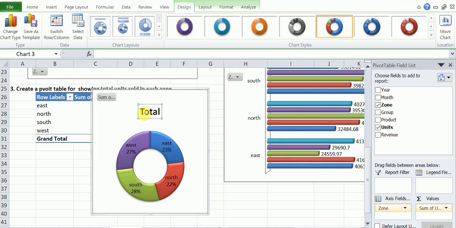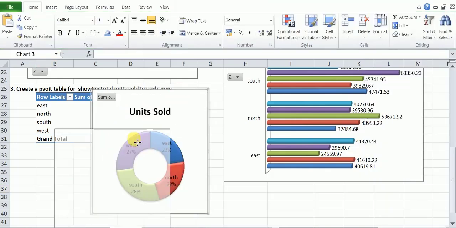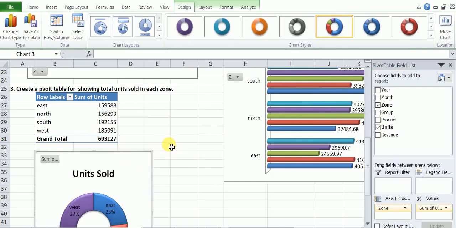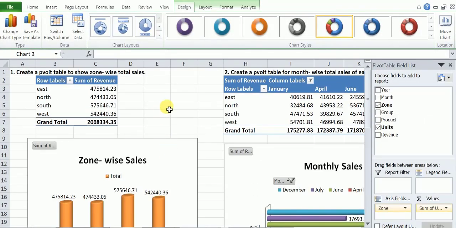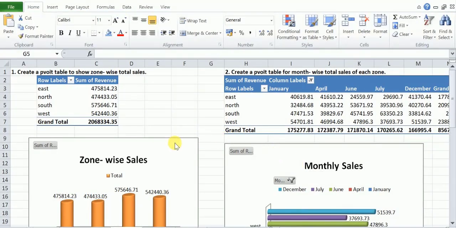Number of units. Okay, units sold by each zone. We will place it here. Now all the charts and tables are ready here. Now we will see how to create our dashboard. We will start our dashboard creation, as we have all the tables and charts needed to create the dashboard,